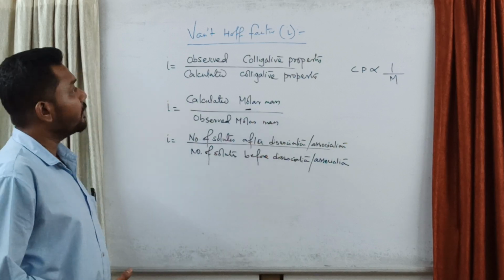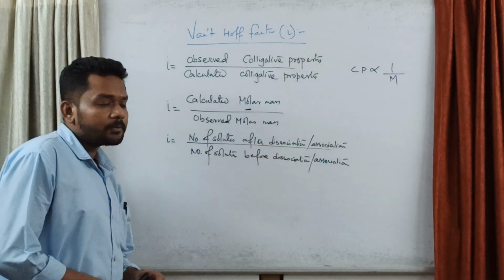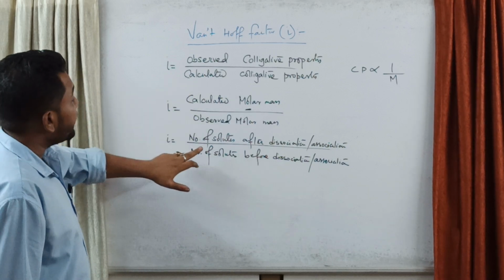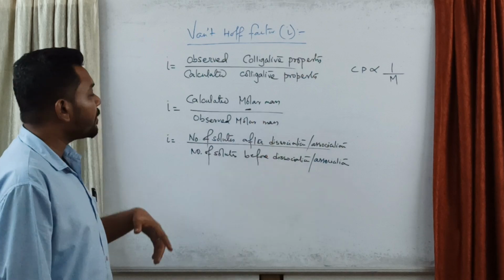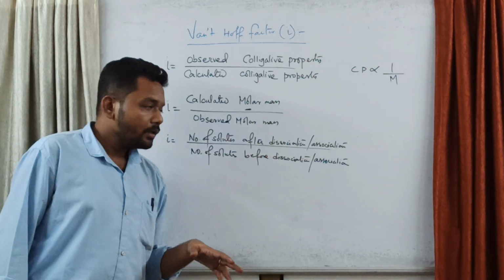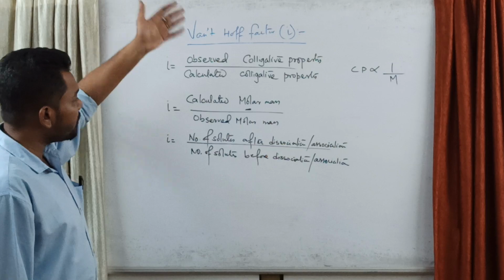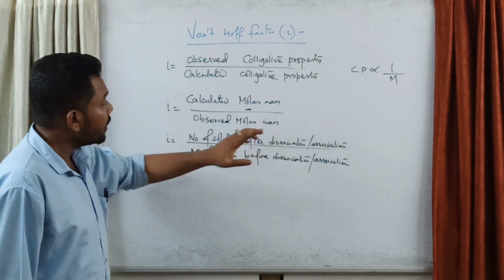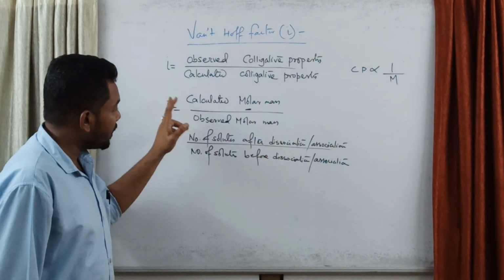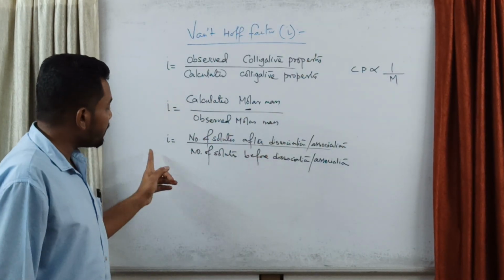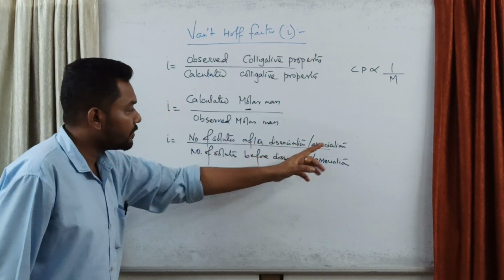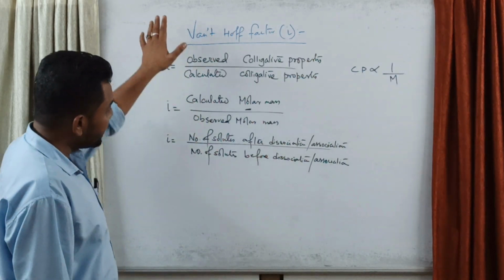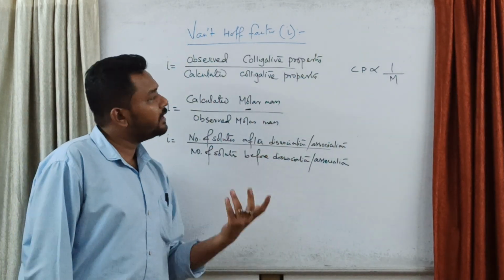তাহলে তিন ভাবে আমরা Van 't Hoff factor কে রিপ্রেজেন্ট করি। observed colligative property by calculated, calculated molar mass by observed molar mass, number of solute after dissociation or association divided by number of solute before association। ঠিক আছে, এই তিনটে তোমাকে যদি বলে ডিফাইন Van 't Hoff factor, তখন তুমি যে কোনো একটা বললেই হবে। Van 't Hoff factor is a ratio of observed colligative property to calculated colligative property। You can write down the ratio of the calculated molar mass to the observed molar mass। You can write down Van 't Hoff factor is the ratio of the number of solute after dissociation or association to the number of solute before association। Any definition you can write down। তাহলে আমি তিনটাই লিখিয়ে দিলাম, এবার তুমি যেটা তোমার প্রেফারেবল তুমি লিখতে পারো।